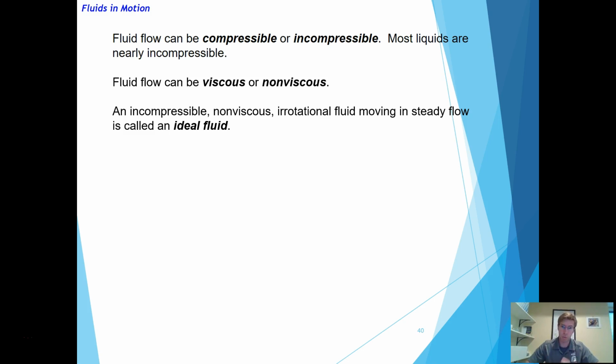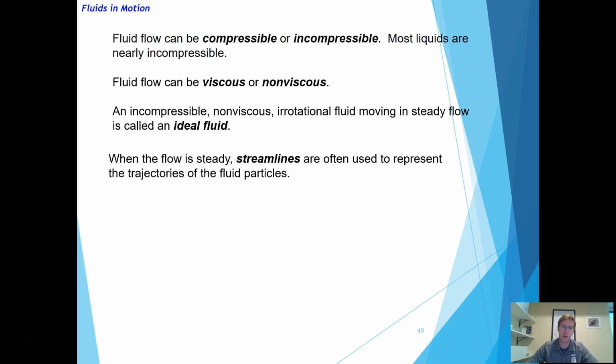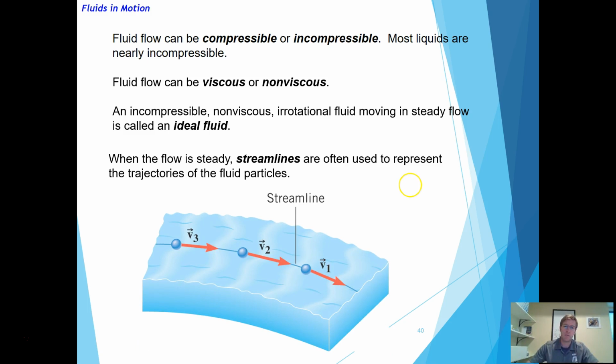The primary example we'll use is water and water-like substances because they are nearly non-viscous, highly incompressible, and you can create situations where they're undergoing steady flow. Okay, so we're going to just assume ideal fluids for now in the future examples. So if you have an ideal fluid undergoing steady flow, it will follow what's known as a streamline anytime it's moving. And so you'll see examples of streamlines, or you probably even heard the term of having a more streamlined